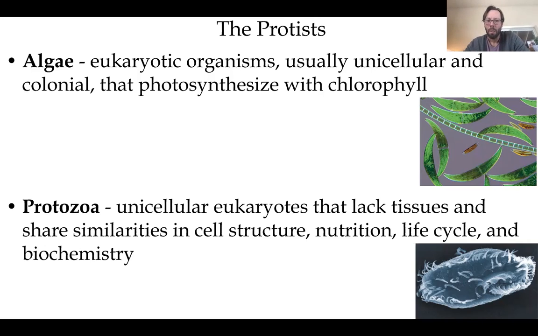The protozoa, also unicellular, and so therefore they don't have things like tissue, right? Because tissue is made up of a bunch of cells together. But even though they don't have tissue, they're eukaryotic, right? So their makeup in their cell, the nutrients that they need, the life cycle that they have is going to have similarities with other more complex eukaryotic organisms.